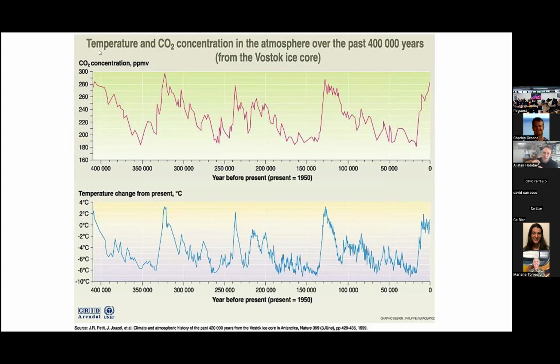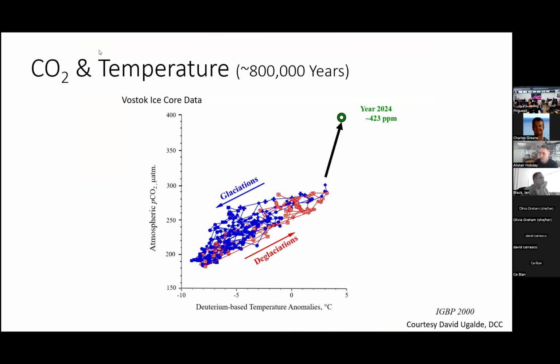And when you look at it this way, you just think, yeah, the world goes through very big oscillations and maybe climate change is nothing particularly special. But if you plot this data in a different way, and you actually plot the temperature against the carbon dioxide concentration, for about the last 800,000 years, the climate system has oscillated back and forward between glaciation and deglaciation in the blue and red portion of the graph here. But we're currently sitting so far outside that historical experience. In 2024, we're up at around 423 parts per million of carbon dioxide.